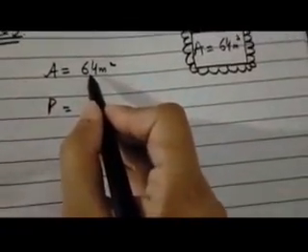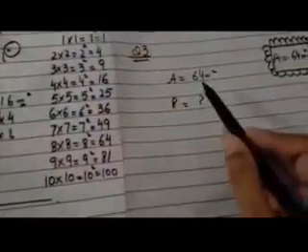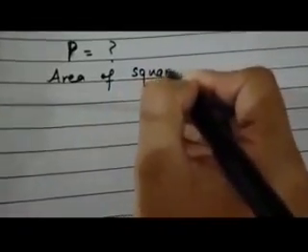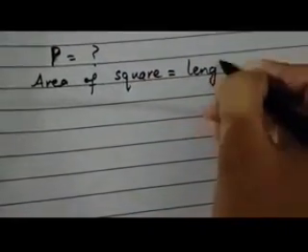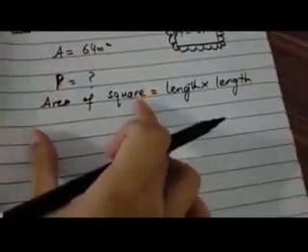Area is 64 meters square and you have learned the table of squares. How can you find the length from the table of squares? The area is 64 meters square. You have to write your formula first because it will get 1 mark. Write it down. Formula: area of square is equal to length into length. So for the area of the square, you will put this value, 64 meters square, in place of the area of square.